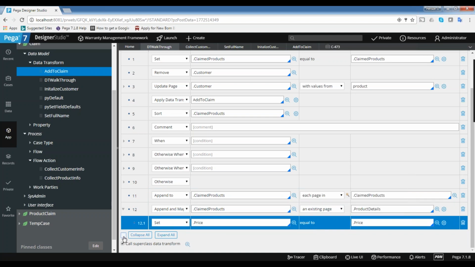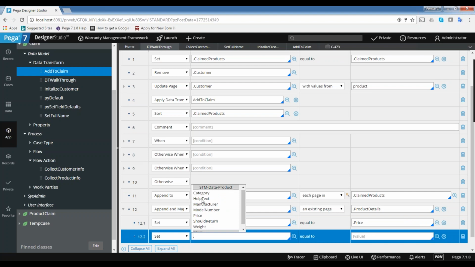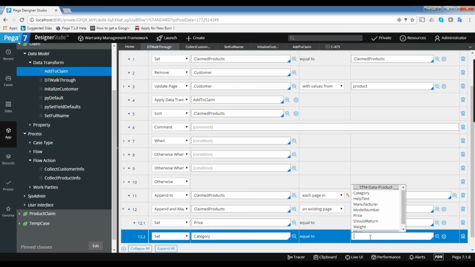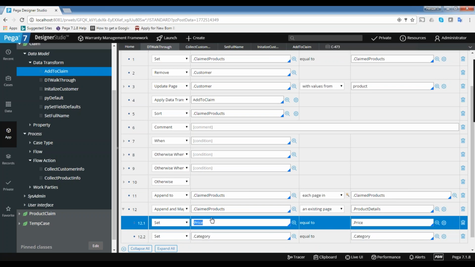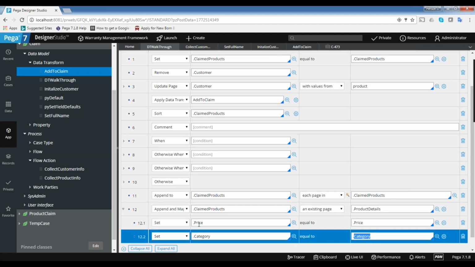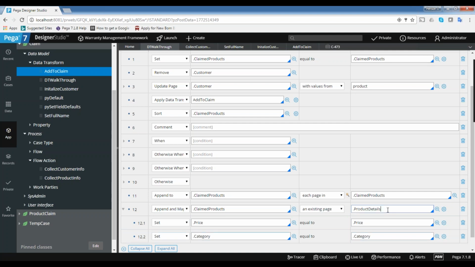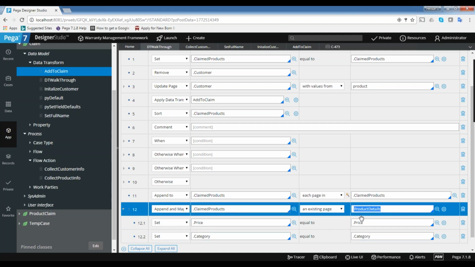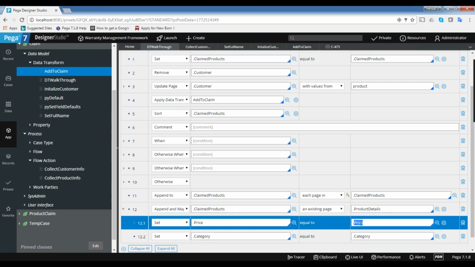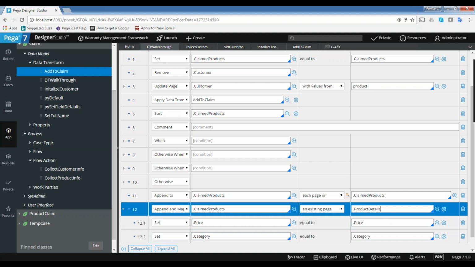So here I want to copy only two properties, let's say category and so now only these two will be displayed, only these two will be copied. Instead of copying the entire page, whichever properties you want to copy, only those two properties will be copied, and the rest of them will be ignored. That is one more advantage. And moreover, the target may be a different class. It won't bother about the target in this case, because you are mapping anyway. So from this class, you are mapping this property to this property. So you can use this one.